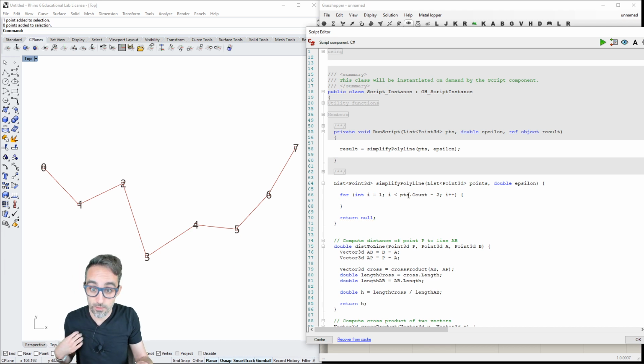And then for each one of these, I'm going to calculate the distance, double d, the distance between that point and the line formed by the start and the end point.